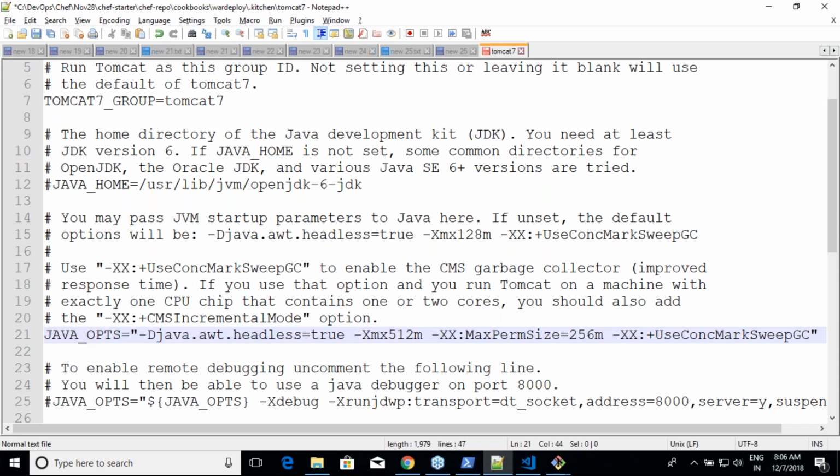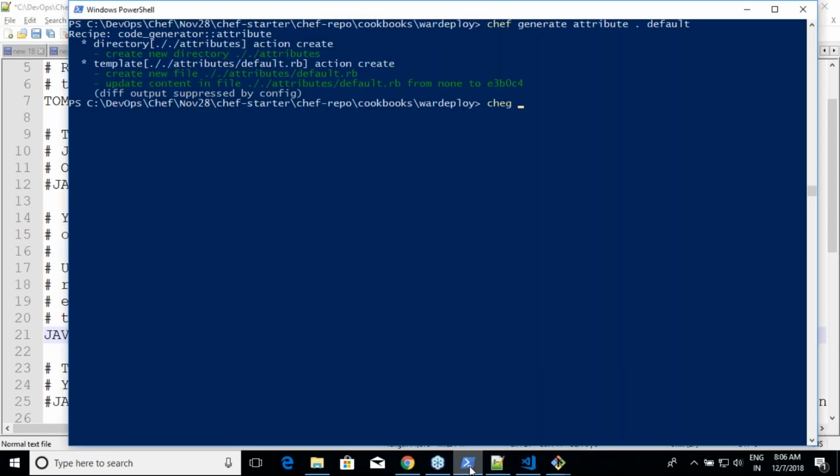So what do I need to do? I need to copy this file from the Chef cookbook to the node. So in that case, what I'll do is chef generate file. Any file which you want to copy from your cookbook to the node is called a cookbook file. I'm creating a file in the current cookbook, and the name of the file is whatever the file name which we have, tomcat7.